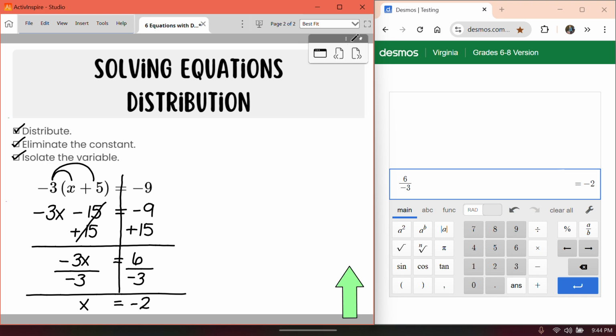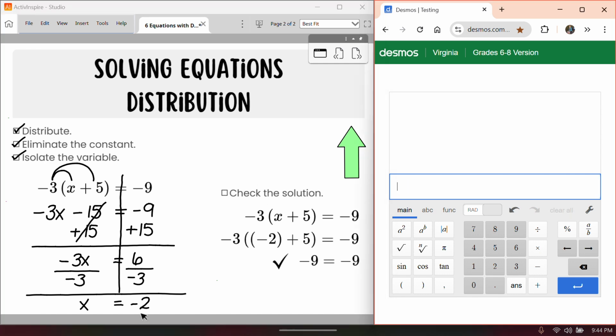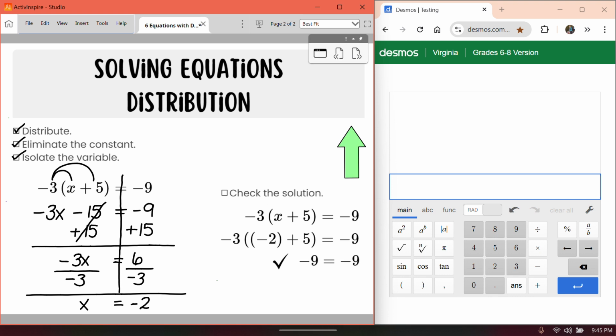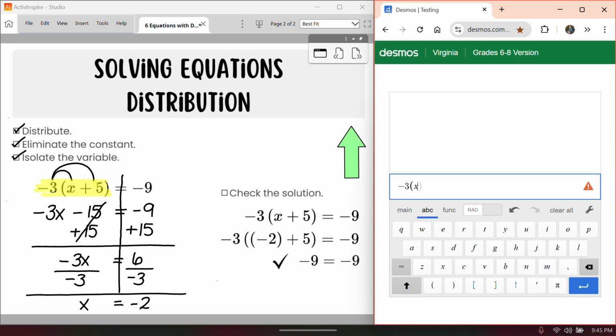Now, let's do what is possibly the most important step, and let's check our solution. You can do this by plugging in the value that you got and using order of operations. That is a beautiful way to check your equation. I'm going to use the Desmos method because it's quick and I like to use my tools. So I'm going to go back to the original equation, take the side that has the variable, put that into Desmos,